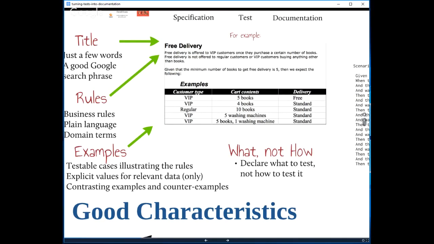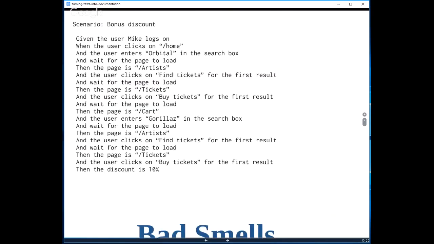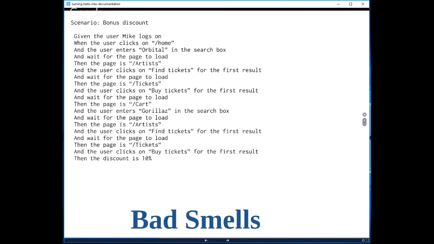So that was what a good example might look like, but unfortunately, lots of BDD artifacts that I come across tend to look a bit more like this rather ugly example. And it has a number of bad smells associated with it. Firstly, there's no explanatory text or rules at all, just a title that suggests this is something to do with a discount, but it doesn't explain what we mean by a bonus discount or the rules that lead to you